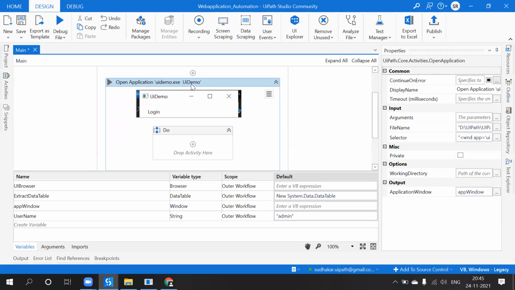So only see, if I use the username, where should I go and create credentials for that application? There is no way.